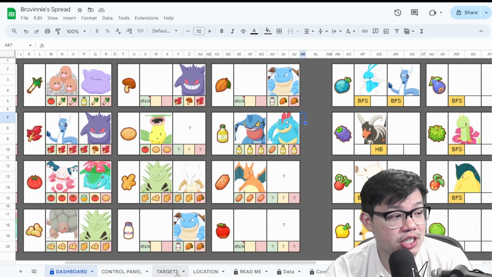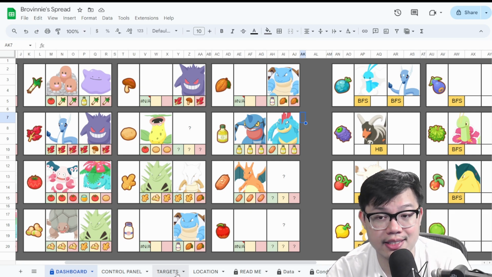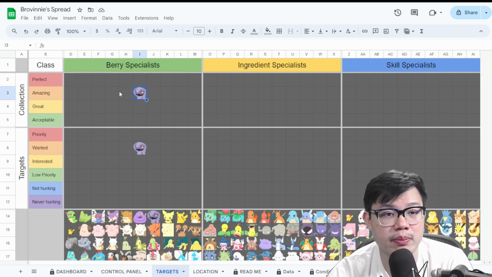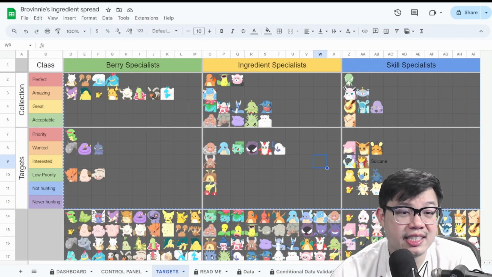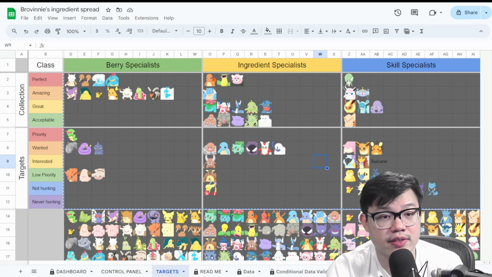Now, there are some additional tools in this spreadsheet if you want to take your organization skills another step further. So under targets, what you can do is you can put in the Pokemon that you're after. And I tested this sheet myself. It works okay. I don't think this is the most important part of the spreadsheet,